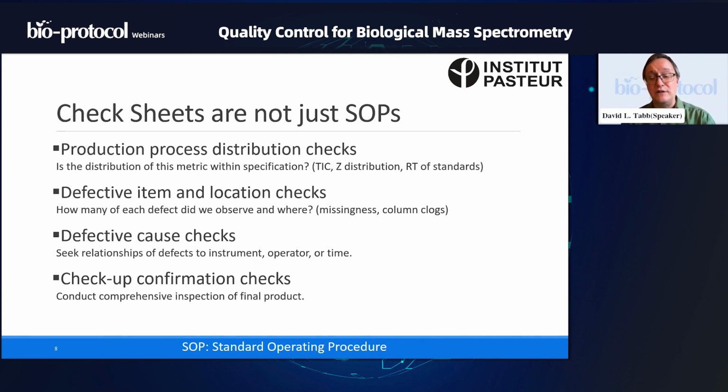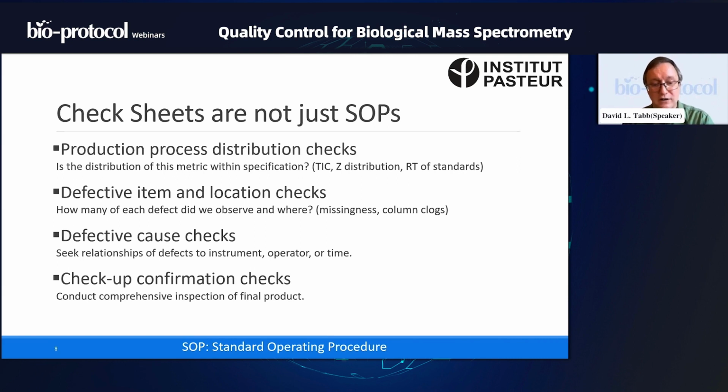Sometimes, however, our defects are much more visible. Something like a column clog could result in an experiment being improperly truncated. These things are supposed to last like an hour of shallow gradient on an LC-MS/MS experiment. It might be that the last 15 minutes are gone simply because the column blocked up and you got no more signal for the rest of the experiment. You would want to know if that happens. And particularly, you would like to know, where did this problem take place so you can prevent it from affecting further experiments.